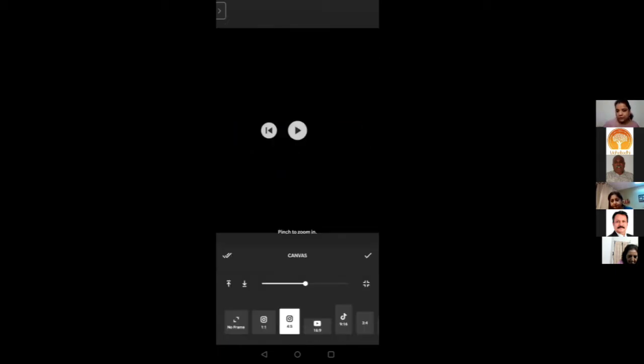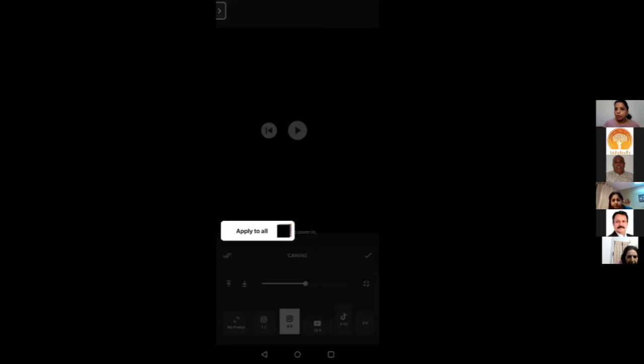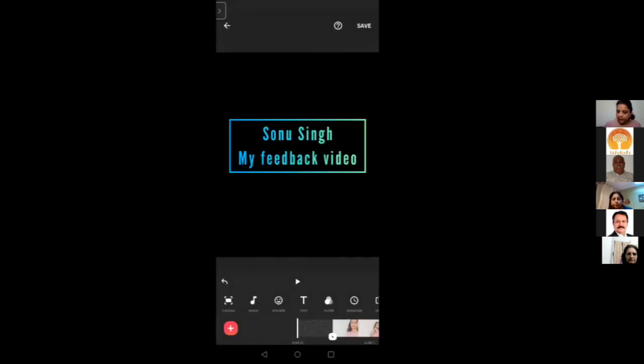But if I do this double click, ये जो double click वाला option है on your left hand side, it gets applied to all. So जितने भी मेरे पास clips या frames होंगे, it will ask apply to all. So you go and apply to all. So your entire video will run like this. So see. So now the entire video is going to run.